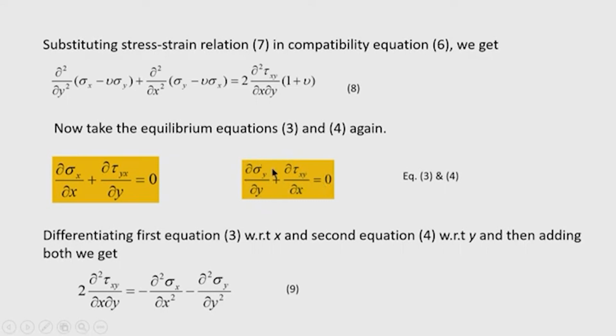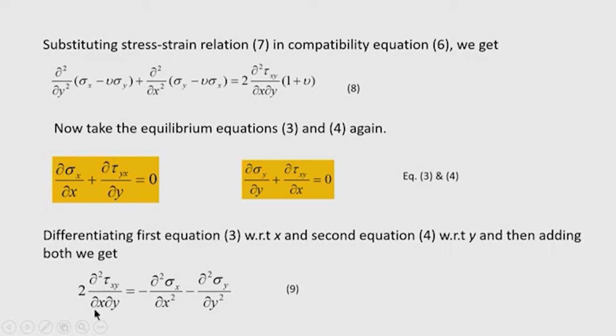So, if I add this and keep this ∂²τ_yx/∂x∂y or ∂²τ_xy/∂x∂y, it is the same thing. So, one mixed derivative term will be coming. If I isolate this, after the addition it will be 2 ∂²τ_xy/∂x∂y